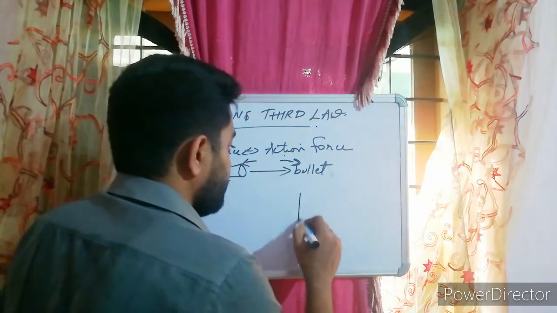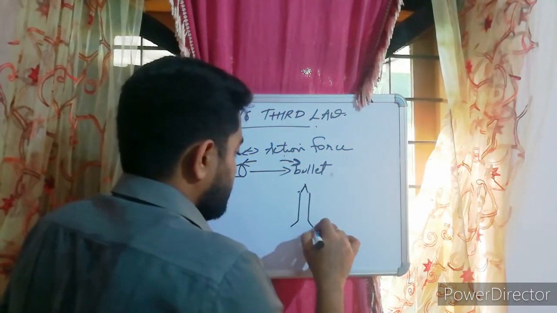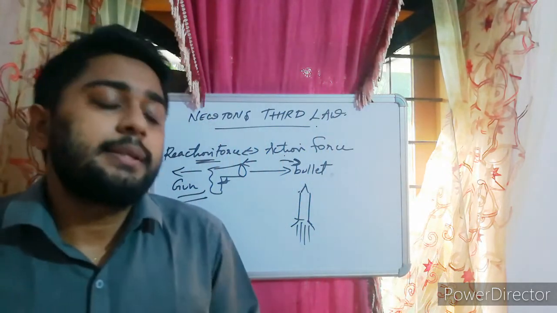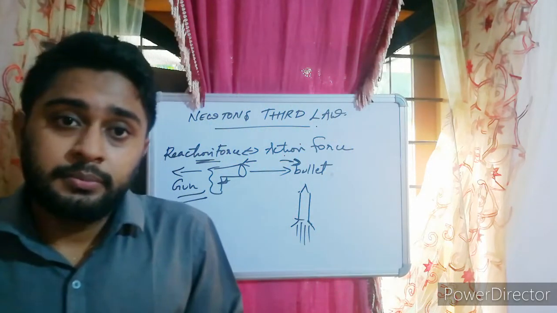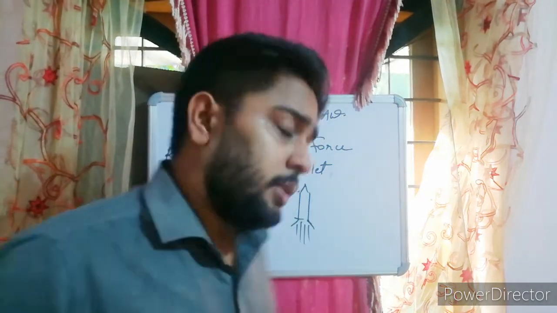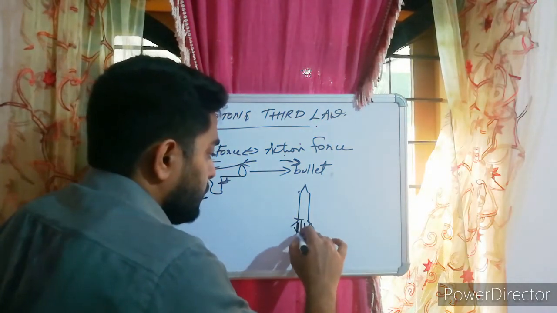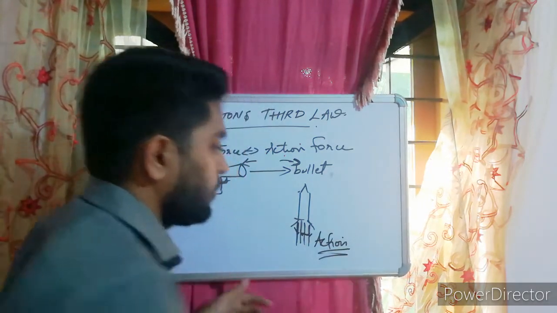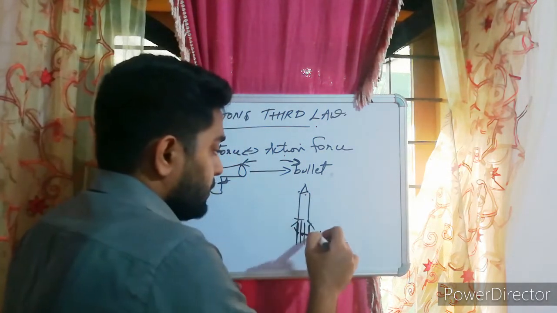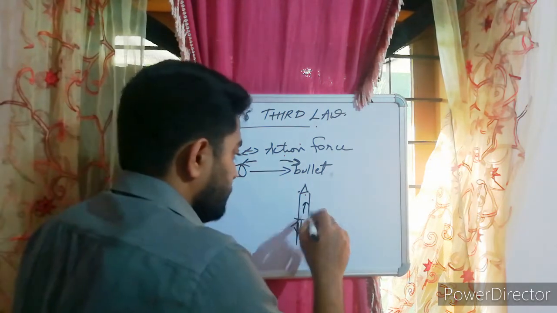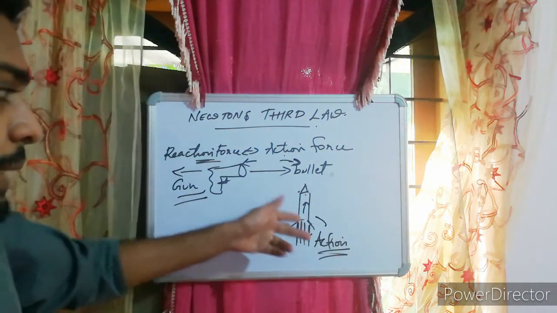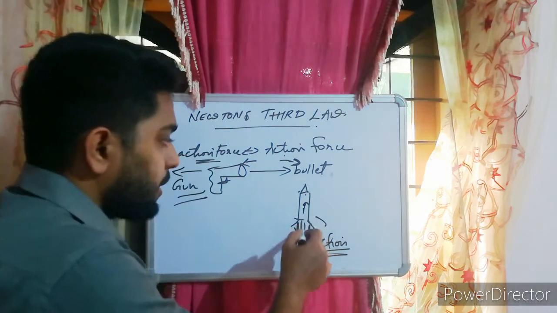Or if you take the case of the rocket, when the rocket is fired, you know that the rocket uses certain gas as its fuel. These gases are stored at very high pressure, and whenever they get burnt, they come out of the rocket. That is nothing but the action on the gas molecules. Now because of this action force, there is an upward reaction, due to which the rocket moves. Again, here also you could see the interactive forces are acting on two different bodies.